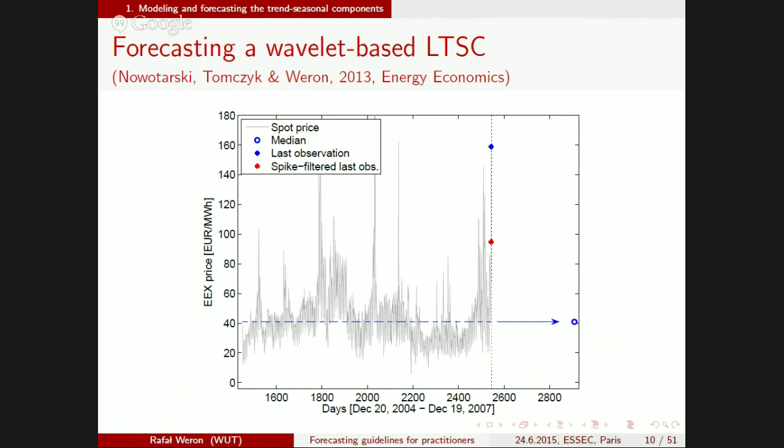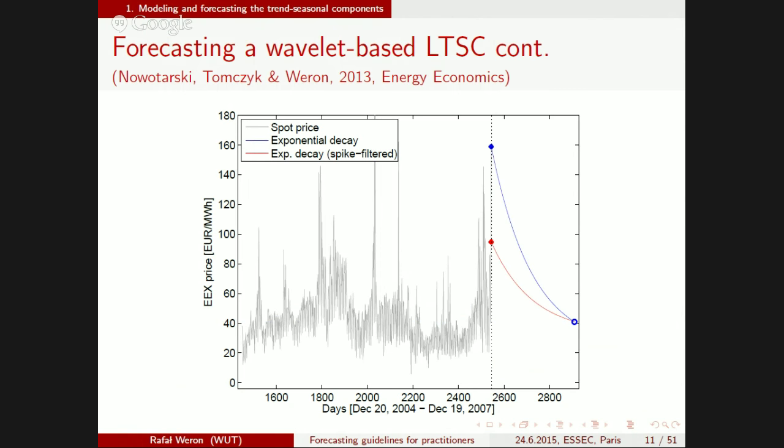Now, the idea we had at some point was to just smooth out the signal. So take the original signal, these are our prices up to some point in time, and then assume, which is a reasonable assumption, that the prices are mean reverting. So assume that 1 year from now, let's say, or 2 years from now, the price will revert to the mean level or the median level here. And all we do is connect the points, either the last price point or the red one,